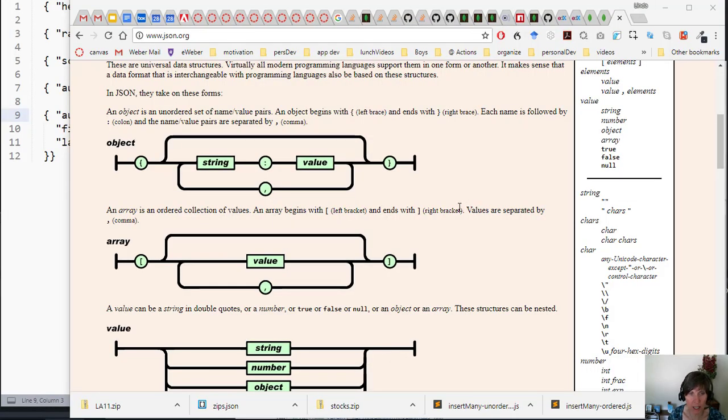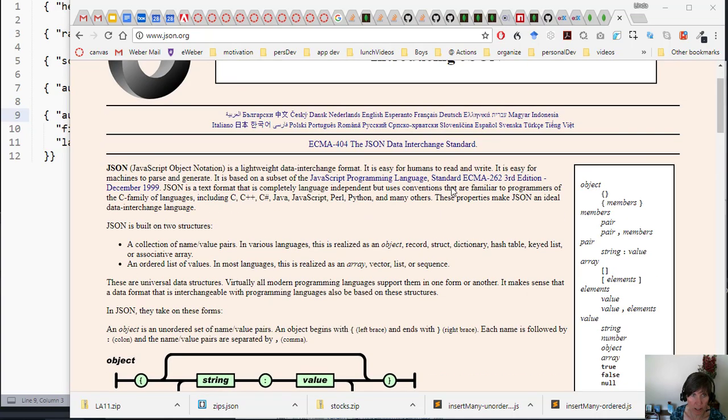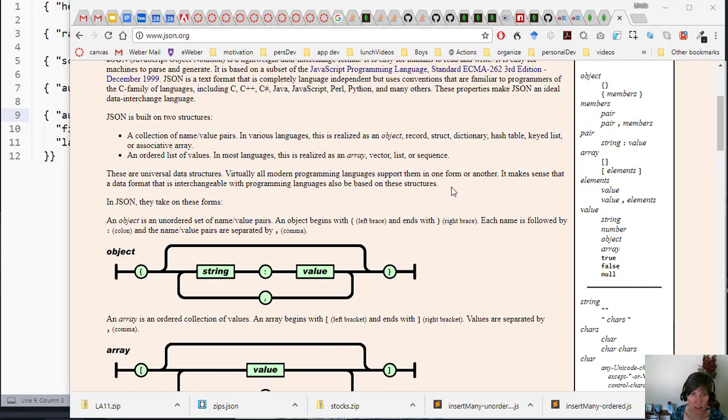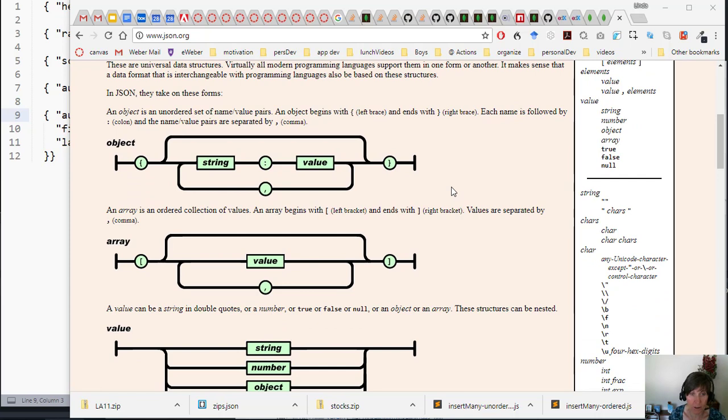MongoDB uses the JSON format. So let's learn a little bit about JSON. JSON is used in lots of different settings, so it's a good thing to learn about. And it has objects. They start with curly braces and end with curly braces, and then inside that they have